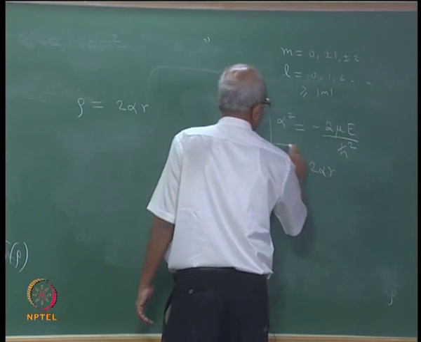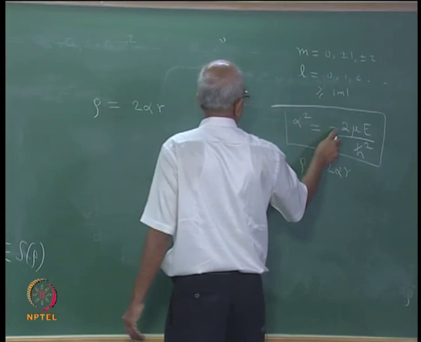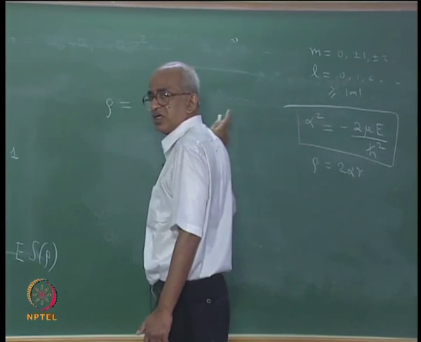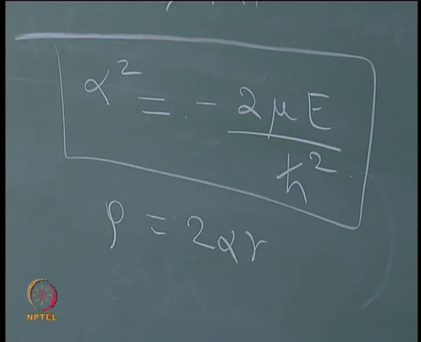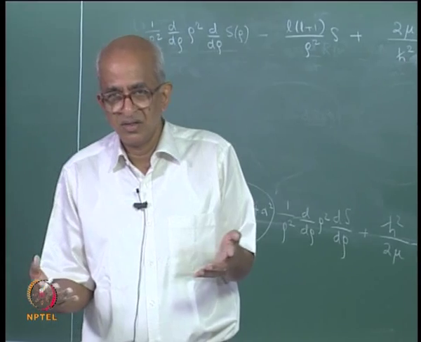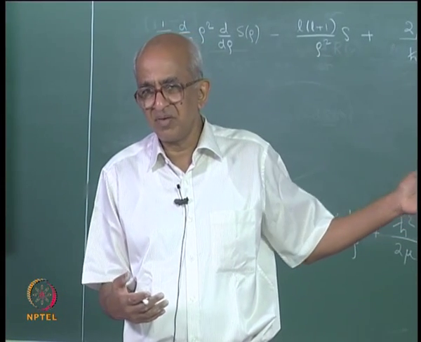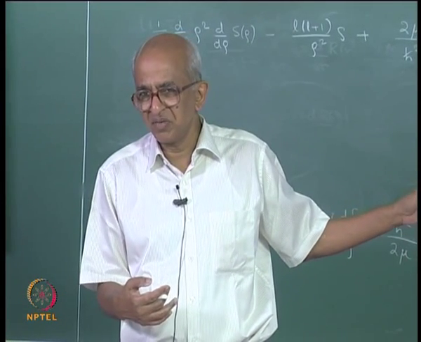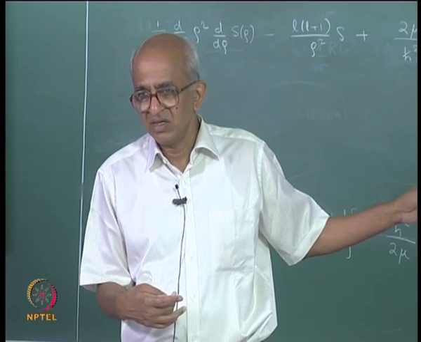Now, you may say this is a rather strange definition, because there is a negative sign occurring there. So, alpha square you would have expected to be something real. It may appear that alpha, if you define it this way, may turn out to be imaginary, but